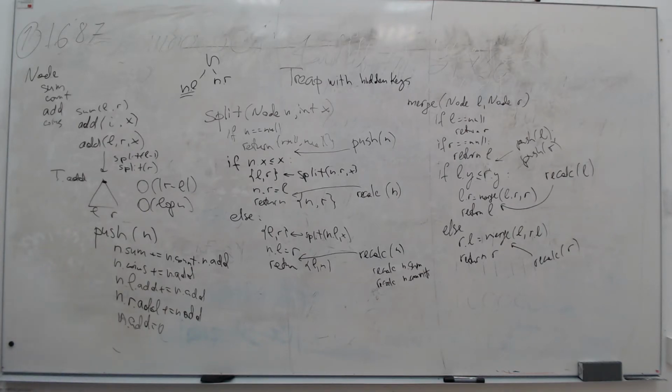So like here, I just go to this guy, I see that I have to add the n.add to everybody here. So I add it to the sum, I change the number of coins itself, and then I propagate this operation, the operation that adds this amount, to the children. And finally, I note that I have nothing to propagate afterwards.